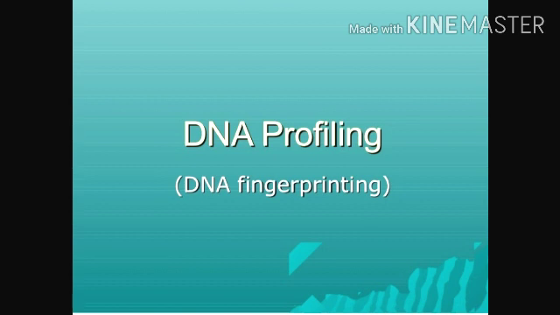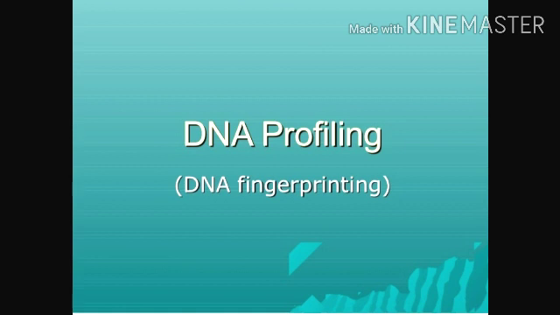So DNA fingerprinting involves different steps. Firstly, who told about DNA fingerprinting? There was a scientist, Alec Jeffreys, who developed this technique in which he used satellite DNA, also called VNTR. What is VNTR? Variable number of tandem repeats, used as a probe because it shows a high level of polymorphism.